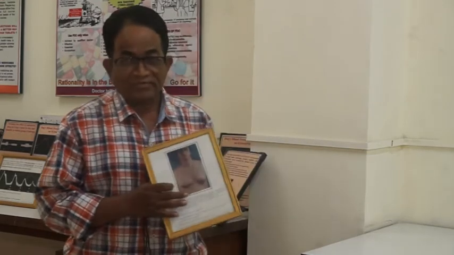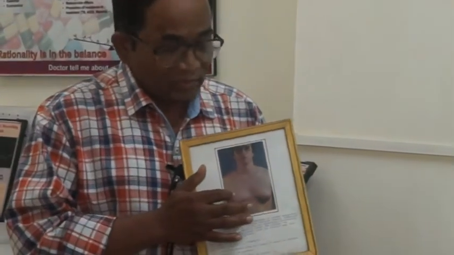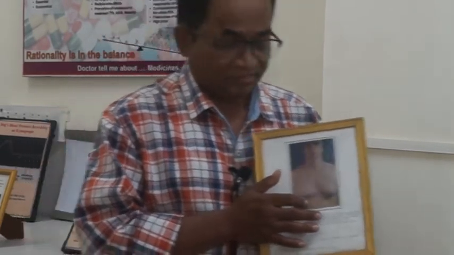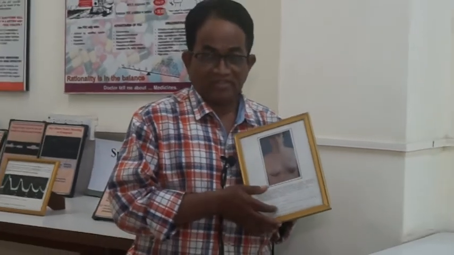The patient was put on anti-ulcer drug. After 2 months, the patient came with this type of photograph. Now you look at this photograph. This is a photograph of a male, age about 35 years, and there is an enlargement of the breast. So the question for this photograph is, number one,